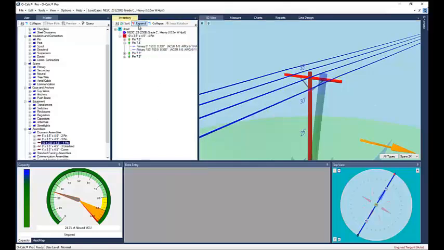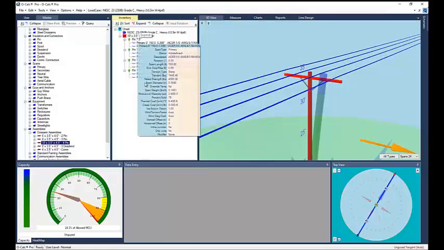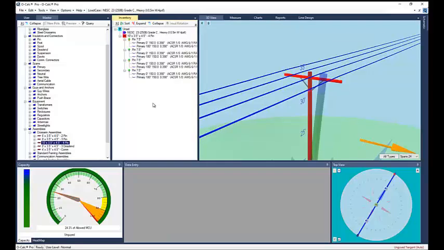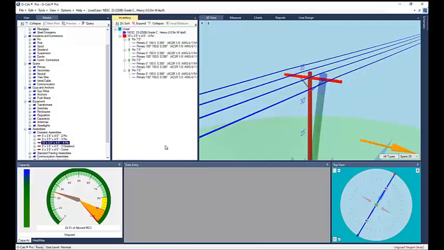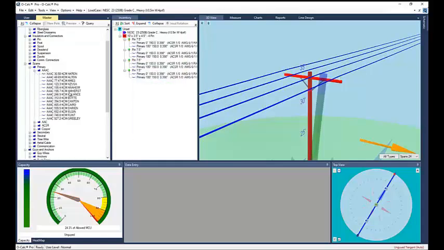If I hit the expand button here in my inventory, I'm able to see everything that came across with that pre-built crossarm assembly. So I'm able to see each of my conductors. One of the features that O-Calc offers is the ability to substitute any of your conductors simply by dragging and dropping to the crossarm. Currently, I have the ACSR 1/0 Raven. If we switch that out and